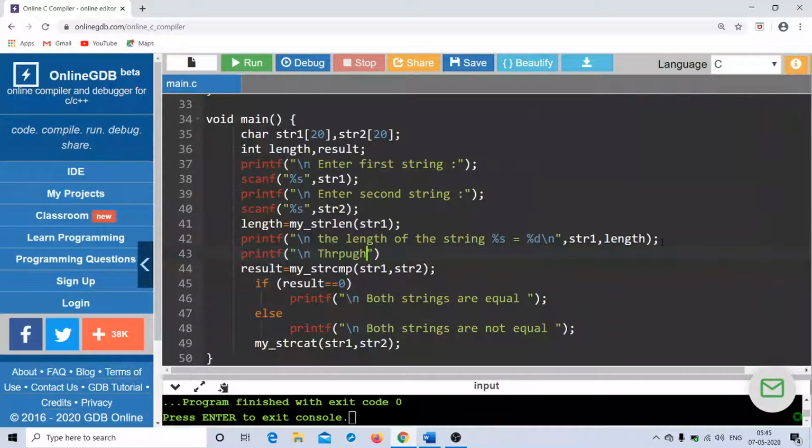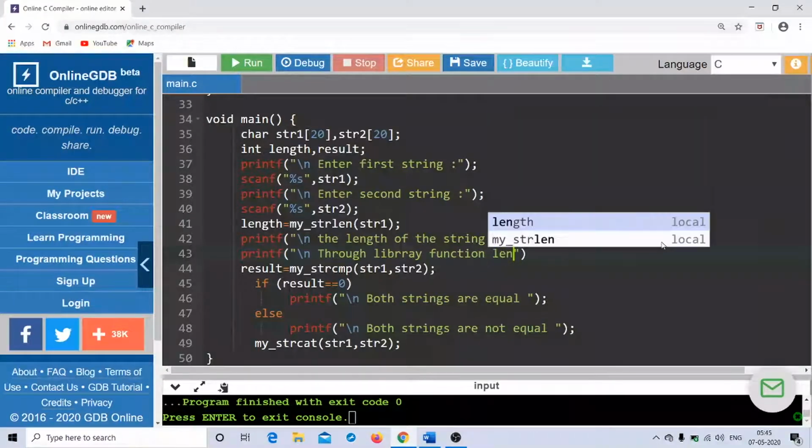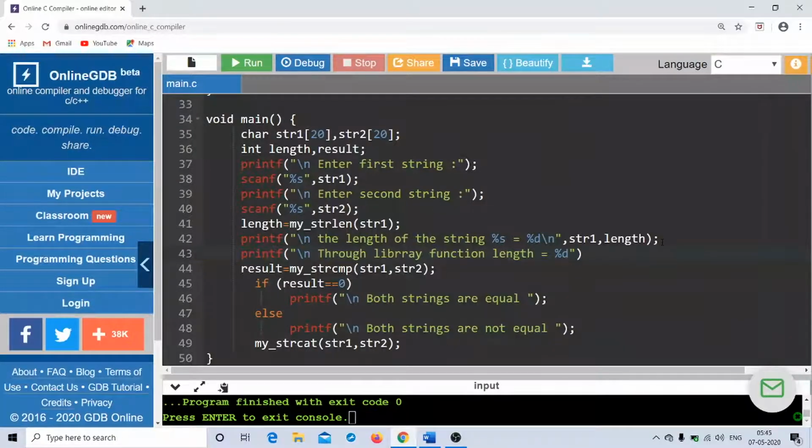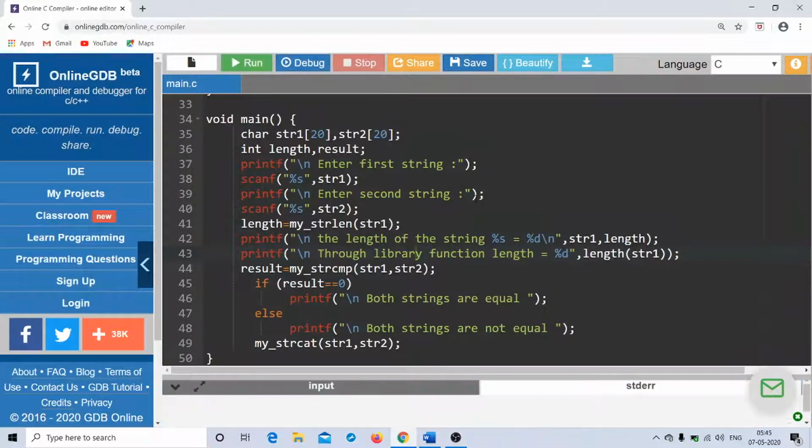I say through library function length is equal to %d, and then I just say comma strlen of str1, correct? So through library function, this is how I get the value which will give me the length of the string str1, correct? So I just run this program.